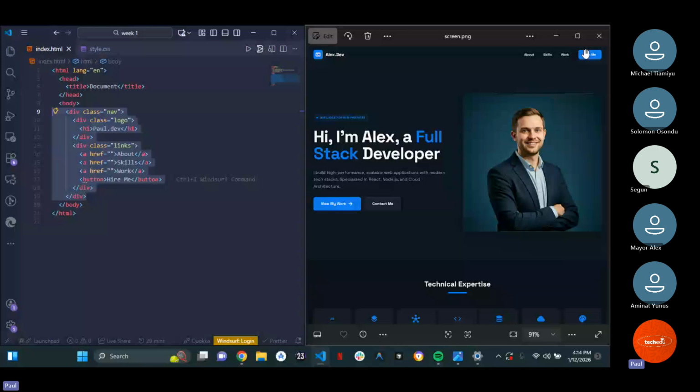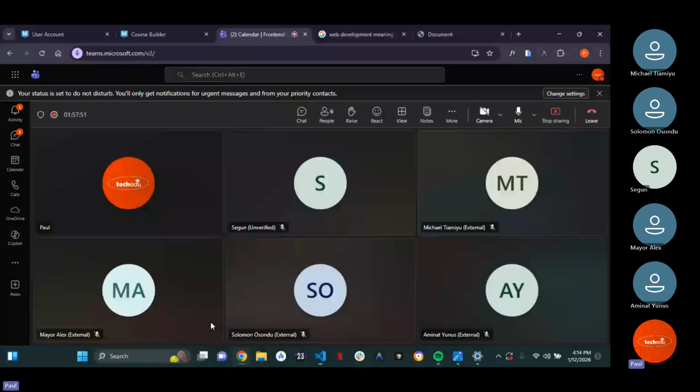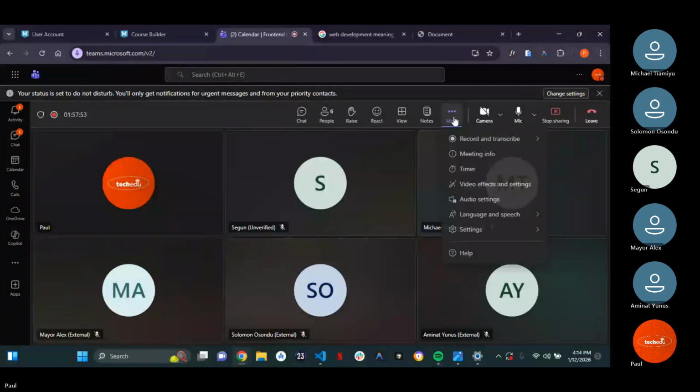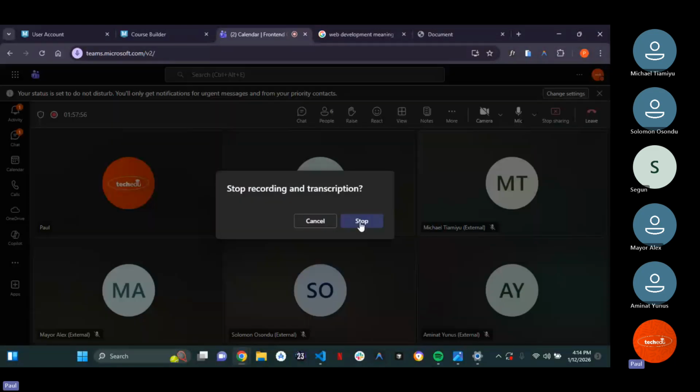Let me know if you understand this, and if you don't. But in the meantime, please go ahead and write this out and let me know, and let us move on to the next aspect. Please, do you understand it? If you understand it, let me know. If you don't,